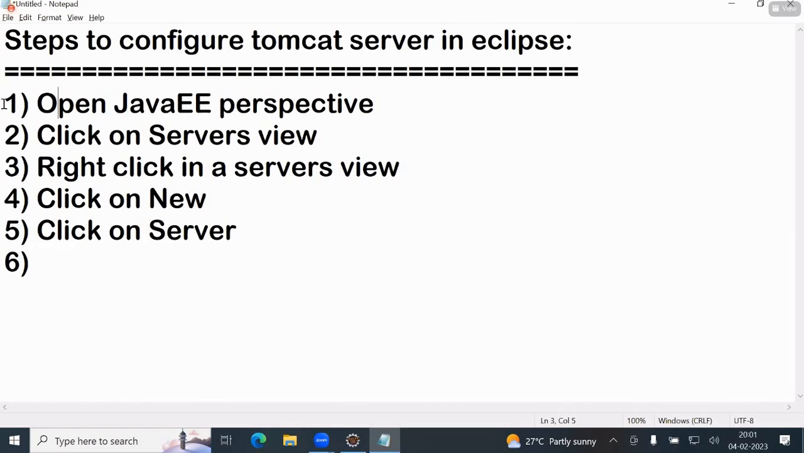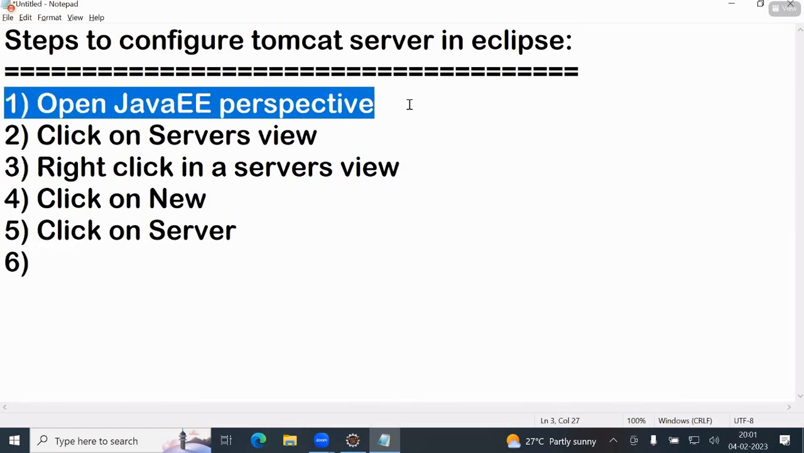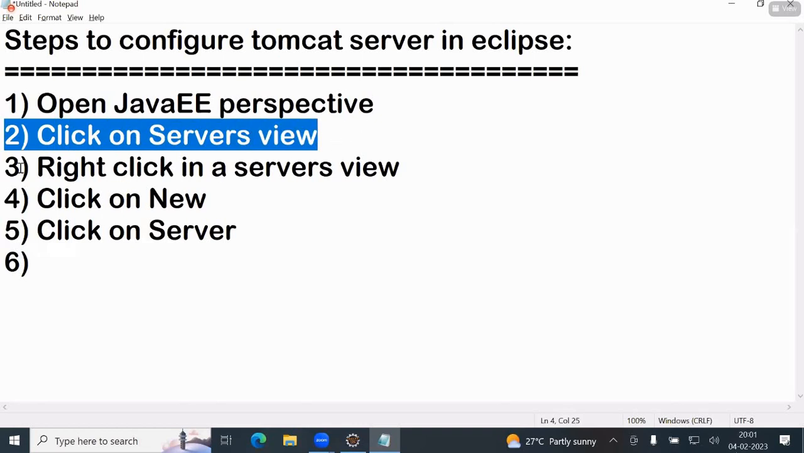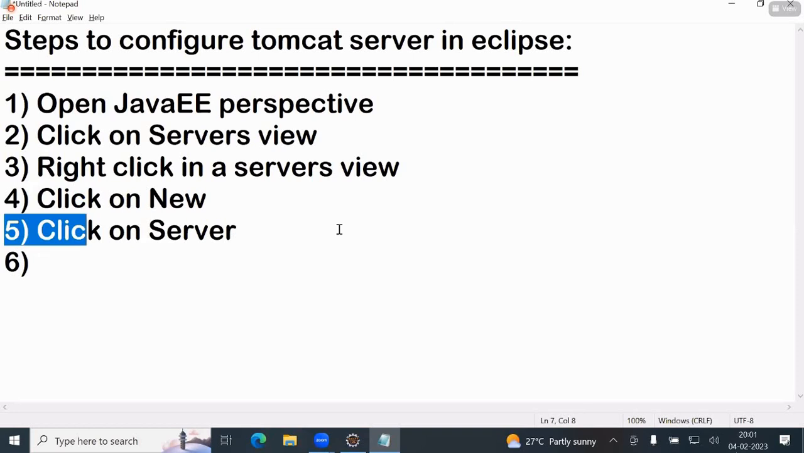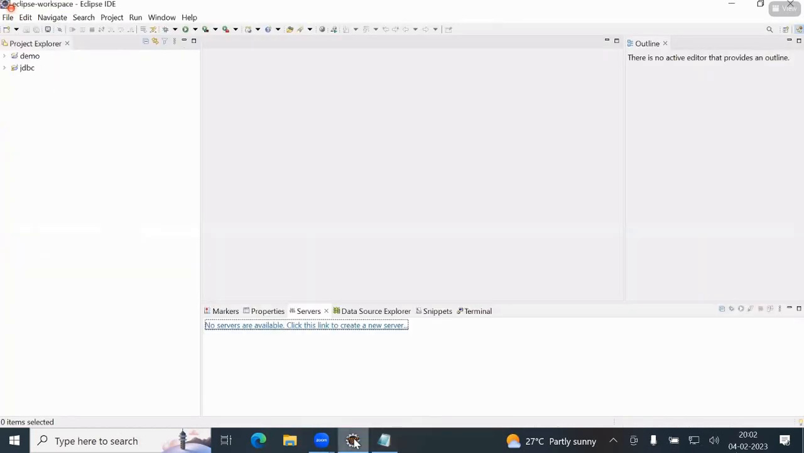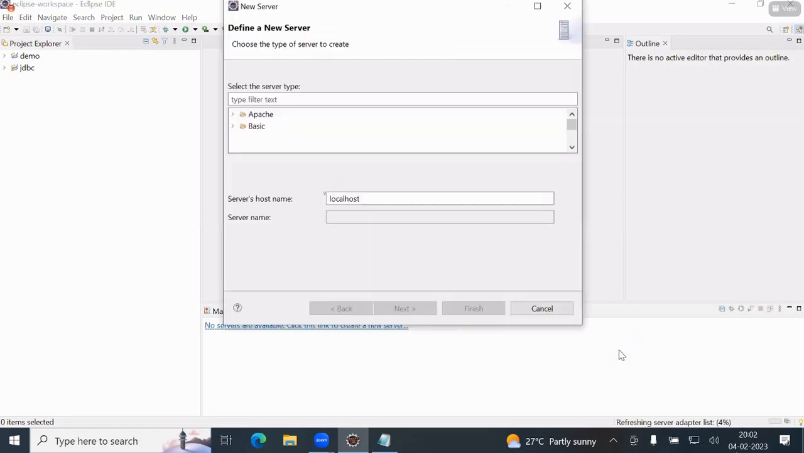So first step, open Java EE perspective. That is how to open, already you studied. Next, click on servers view. Next, right click in a servers view. Click on new, click on server. Now, right click, new server. Then here,